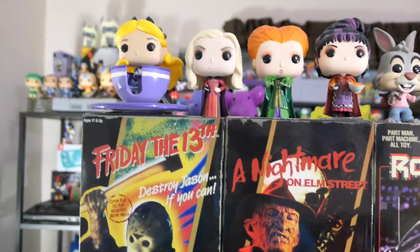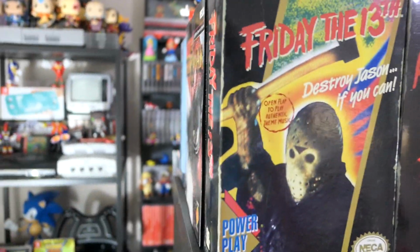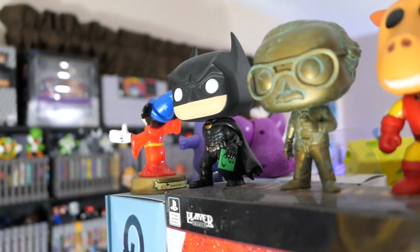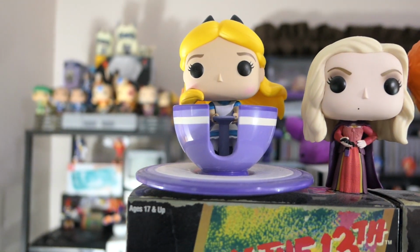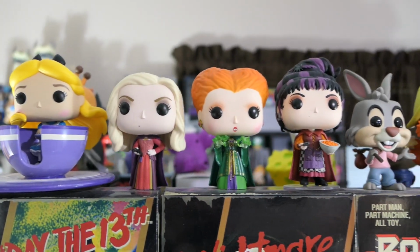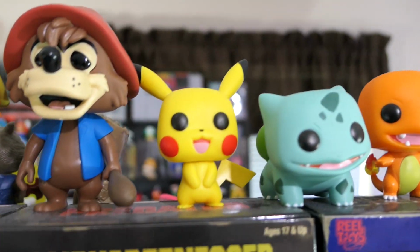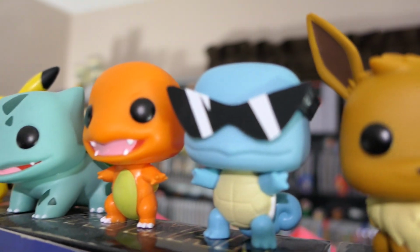Now, one thing that I did change up is my lineup of Pops. I got some new ones that I added into this main display, and I wrapped some around this way. So here are the Pops that I have. Obviously we have Batman, Stan Lee, Jeffrey the Giraffe as Iron Man, and then I moved over the Alice in Wonderland teacup ride from Disney, and then I have my Hocus Pocus 3-pack, not 3-pack, these were individuals, but you can get them as a 3-pack as well, and I have the Splash Mountain 3-pack. Then I have my Pokemon Pops, Pikachu, Bulbasaur, Charmander, Squirtle with the custom sunglasses